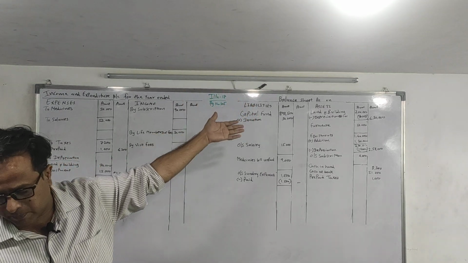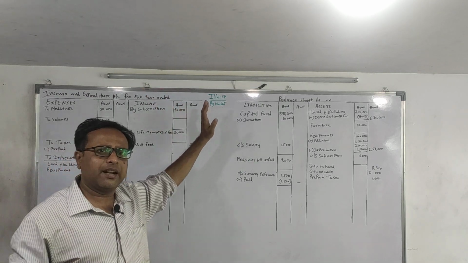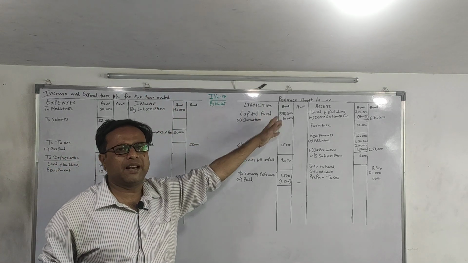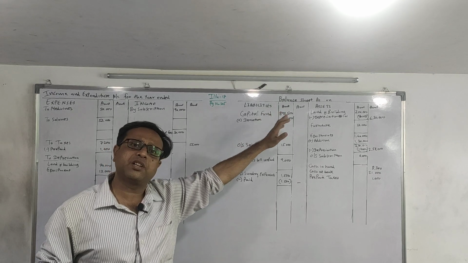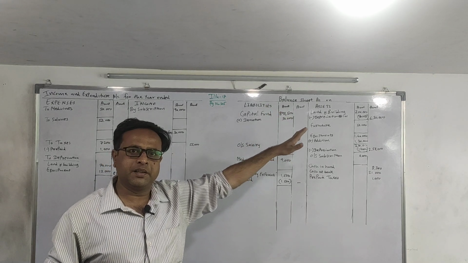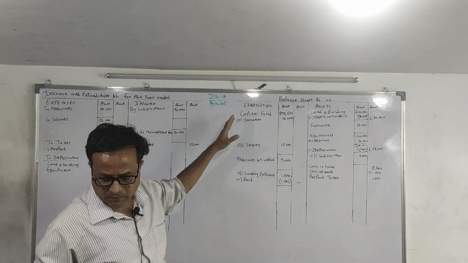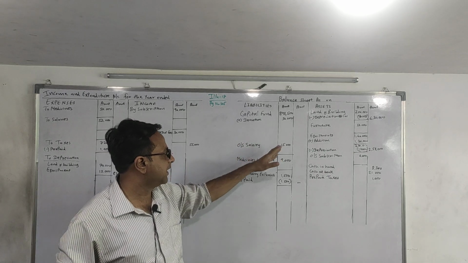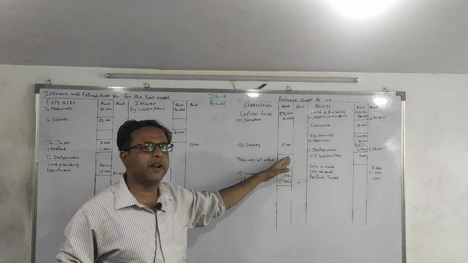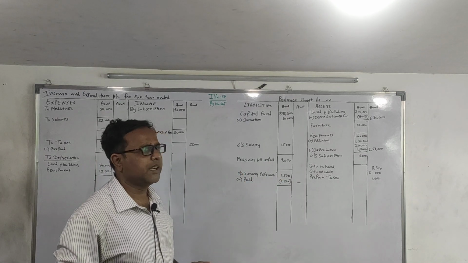Balance sheet as on 1st April 17. So we'll copy the entire balance sheet as it is in my closing balance sheet, that is on 31st March 18, on the asset side, except cash and bank balance. Capital fund adjustment is there, we'll write in inner column. Then outstanding salary, we'll write in inner column. Medicines bill unpaid, inner column. Outstanding sundry expense, we'll write in inner column.